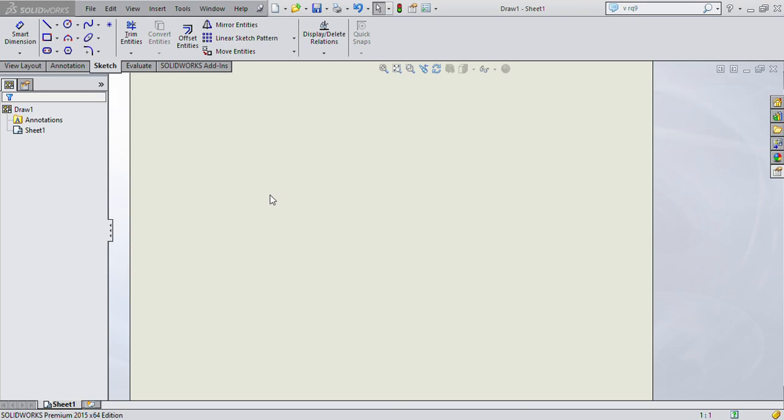We may have many choices of the size of the paper. Standard sizes are A0, A1, A2, A3, and A4. The biggest one is A0, be careful, okay? And the one which we are working on all the time is A4, okay? When I'm selecting A4 size of the paper, as you can see, the size of the paper will be increased,